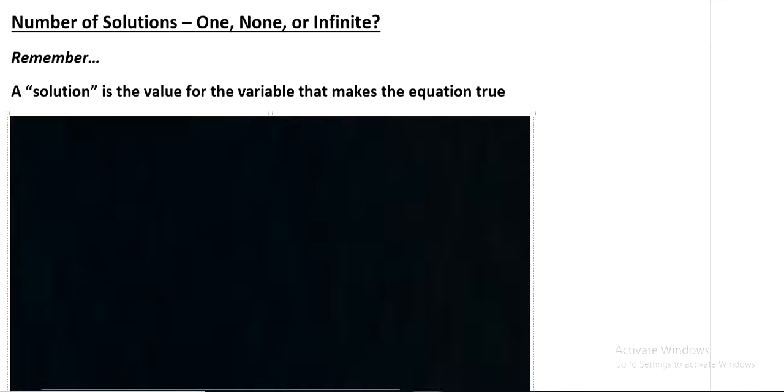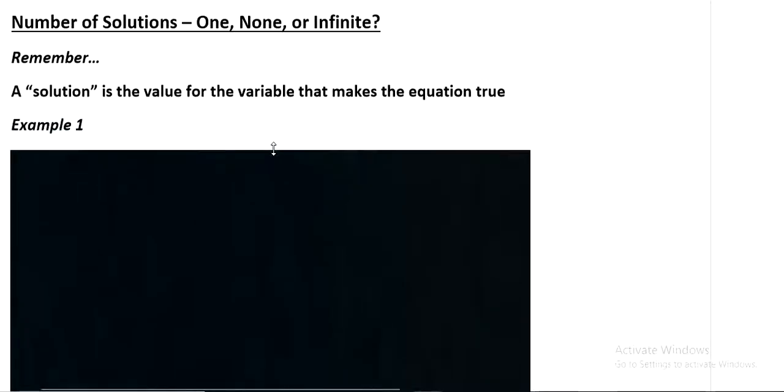Everything we've been doing up to this point, there's only been one solution. Sometimes, though, there are equations where you can have more than one solution. Specifically today, we're just going to be talking about equations that have one solution, no solutions, or infinite, meaning any number is a solution. So, we're going to take a look at 3 examples first